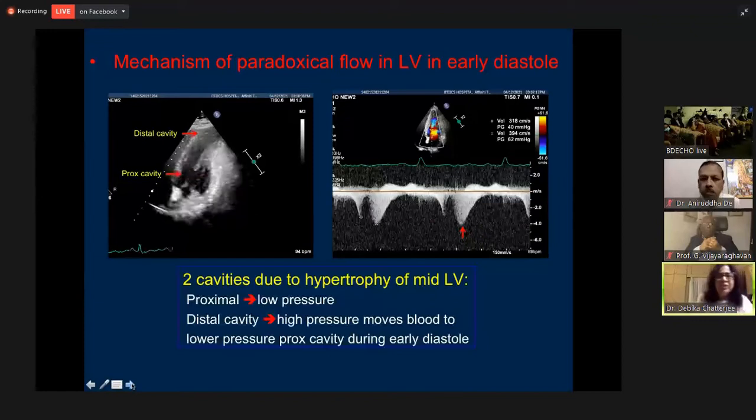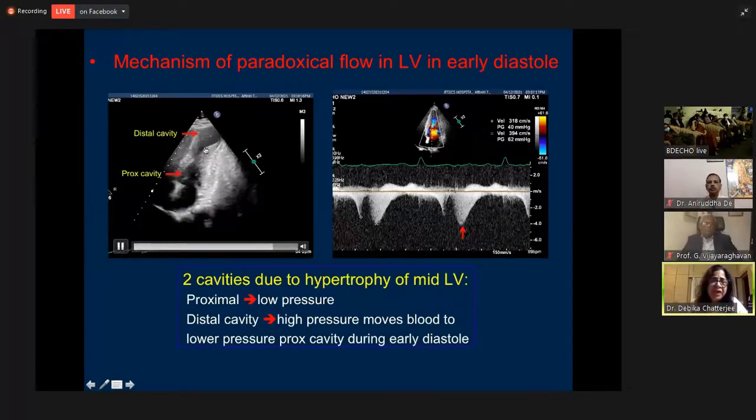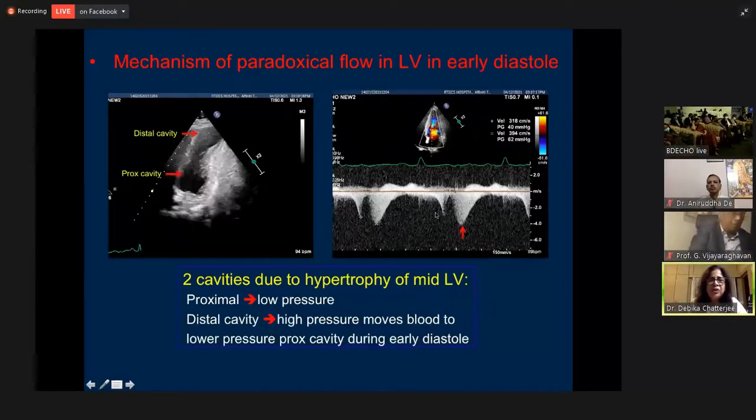And the mechanism of paradoxical flow also is similarly interesting, since there are two adjacent cavities on either side of the obstruction. The proximal cavity being of low pressure, the distal cavity with a high pressure moves the blood to the lower pressure proximal cavity away from it during early diastole. And that gives rise to this second diastolic wave in the phase of early diastole, which is a clue towards the diagnosis of a